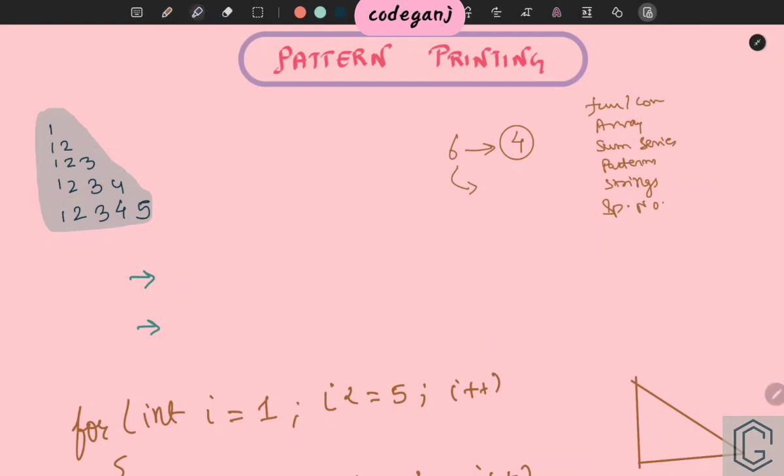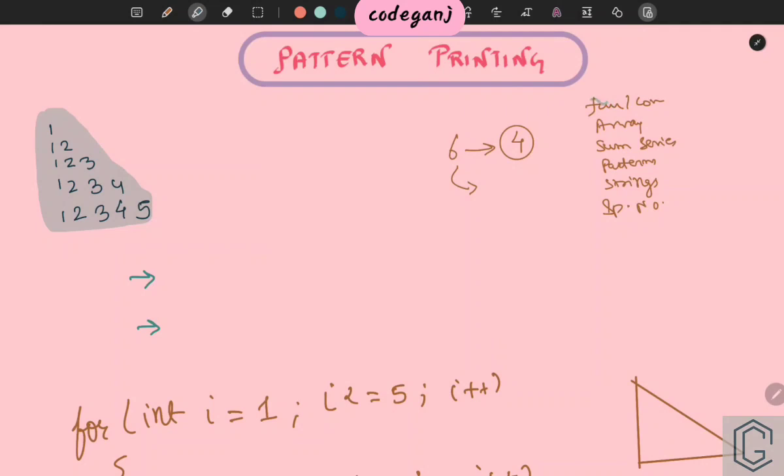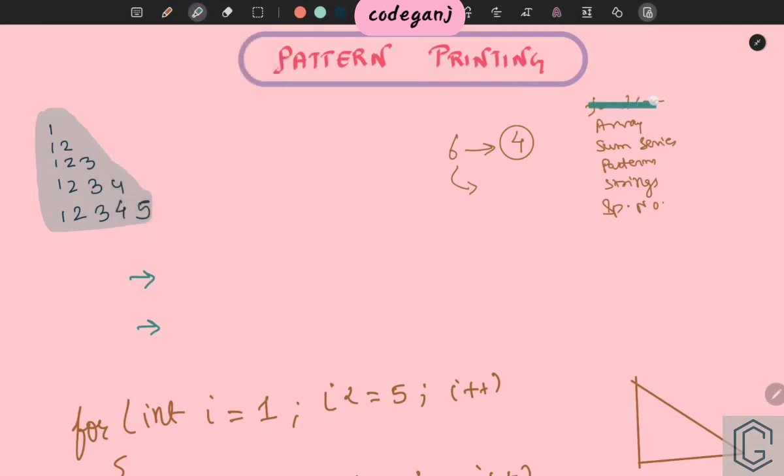I have already told many times that if you watch my lectures, my videos, you are enough to complete the courses. These you will do easily, and any one string or any one special number you will do easily. So pattern printing will always be an extra thing. Suppose there is a question you didn't understand, then that will be an extra thing that you do. Anyway, let us start.